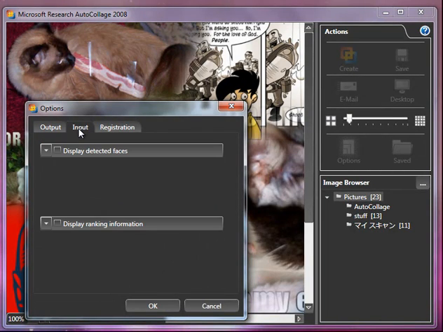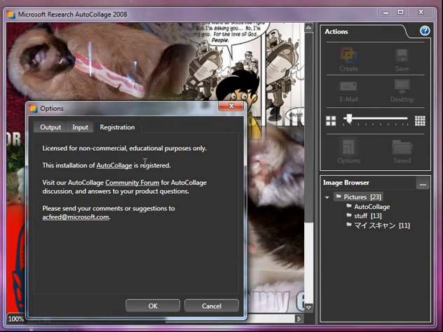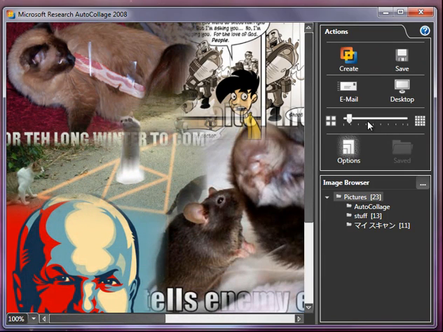Okay, and taking a look at input, display detected faces. Allow manual face detection, we'll leave that off, although there is a section to guide you on using it. Displaying ranking information, allowing manual ranking. Again, another guide you can use. Registration, which tells you what you can use. Mine is registered due to me getting it through Microsoft's website. There's a forum and a place that you can send your comments. And just to wrap it up,